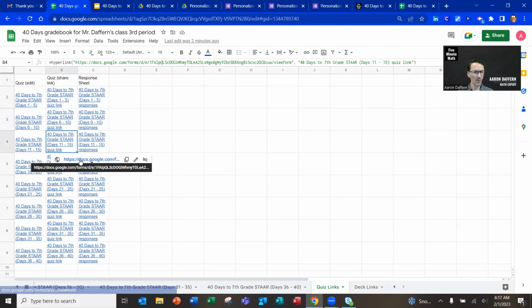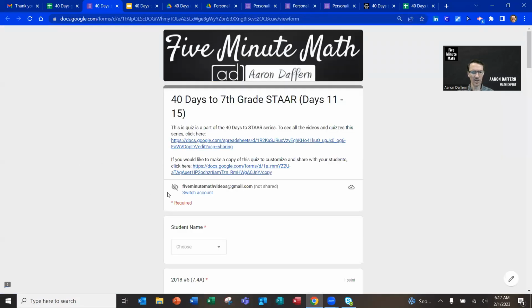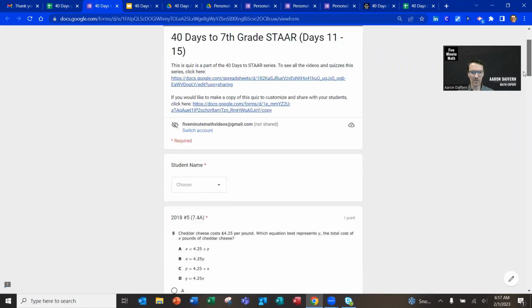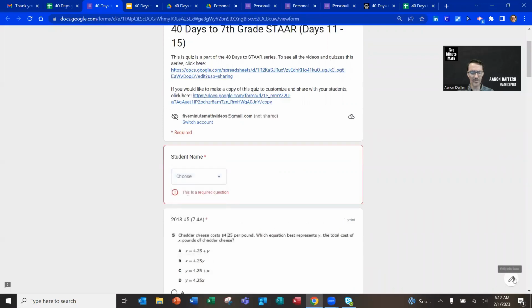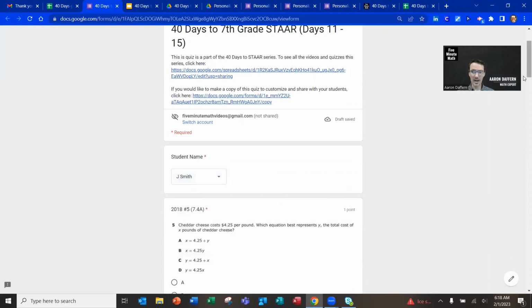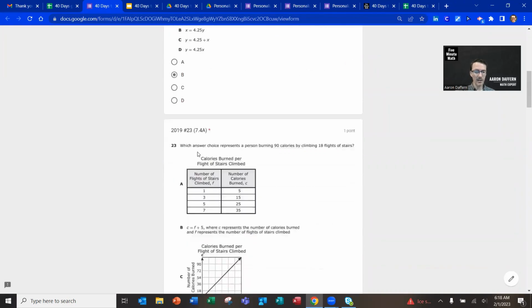So let's say I want to take 40 Days to STAAR, days 11 through 15. You notice how it automatically populates the names that I chose. These are the 4 students that I chose. If for any reason I wanted to change that, since I'm an editor, I can edit it and add students. So I'm going to select which student I am,